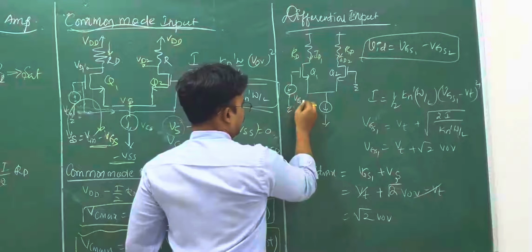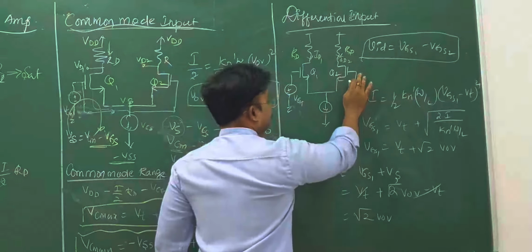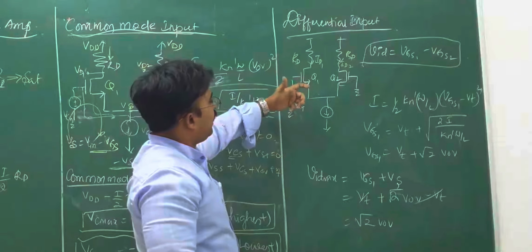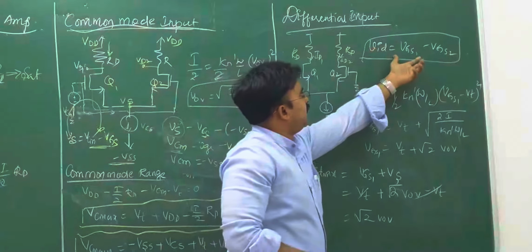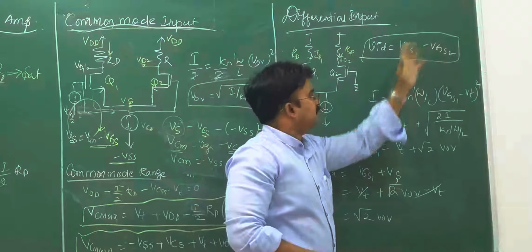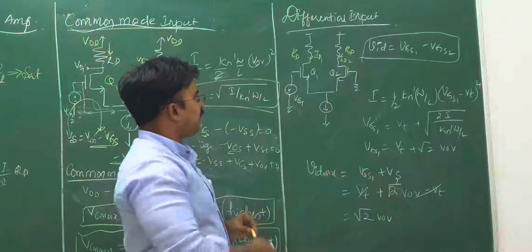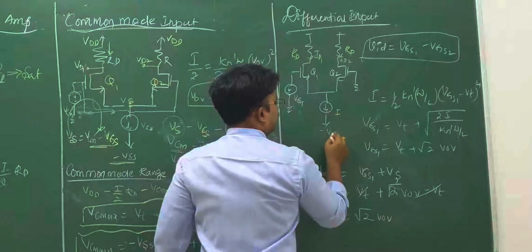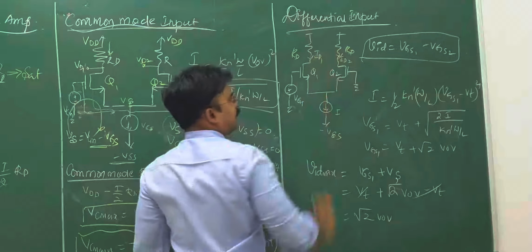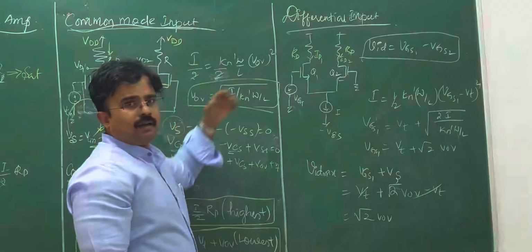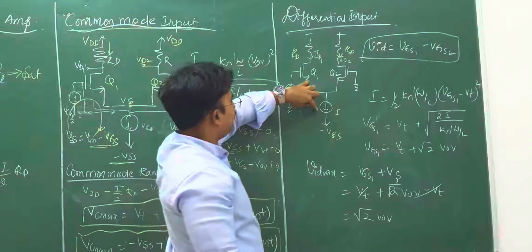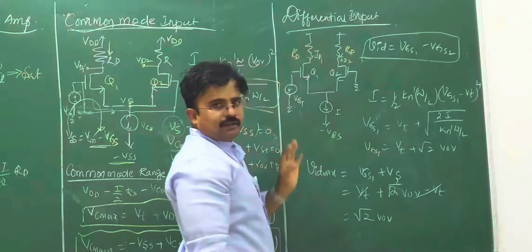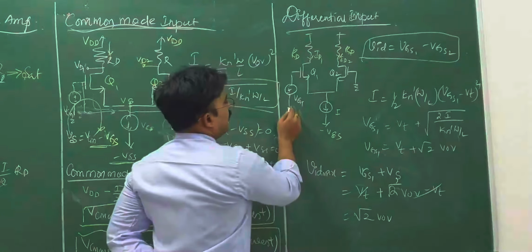You have one voltage VG1 and another voltage VG2; then it is called a differential input. If you want to calculate the differential input, VID is nothing but VG1 minus VG2, or VGS1 minus VGS2. You keep this aside. Now what you need to understand here is how you are going to steer this current I through these transistors. The fundamental basic circuit said that the current I will be divided as I by 2 through the Q1 and Q2 transistors.